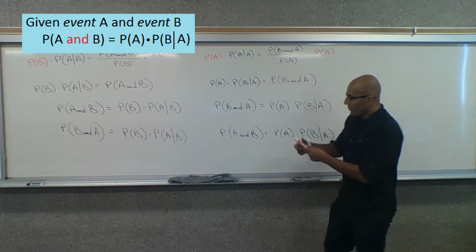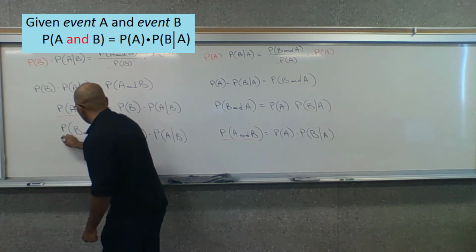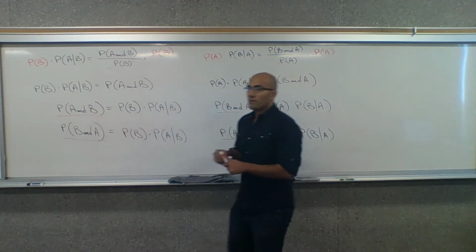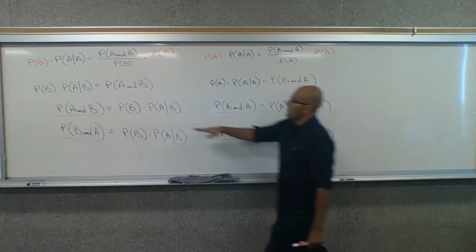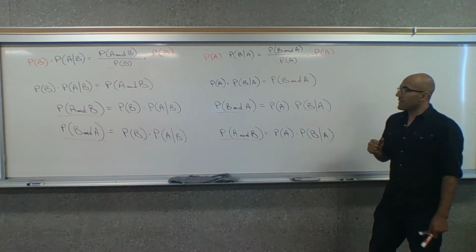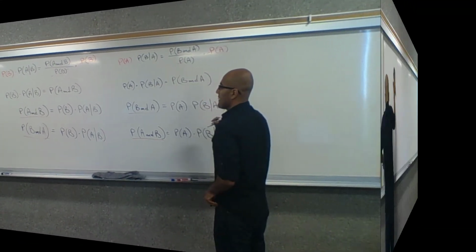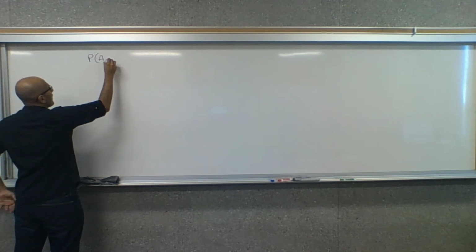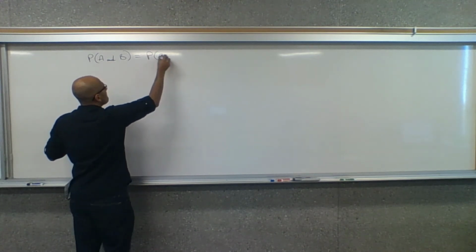Okay, so, but isn't this exactly the same as this? And this is the same thing as this. And then I said these were equal and those were equal. So what does all of this allow us to conclude? Well, it means that this is equivalent to this. Right? They're all the same thing. Good? So I can combine it all and say that, first of all, we know that the probability of A and B, the order doesn't matter, so I know that that has to be equal to the probability of B